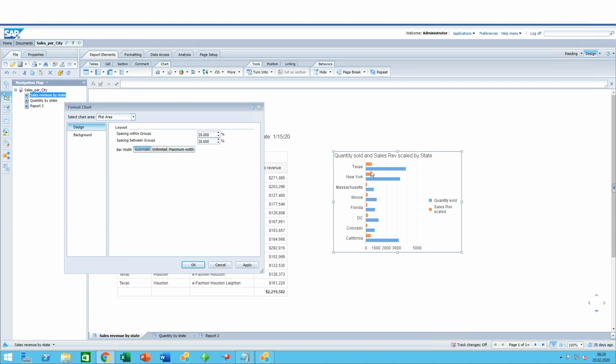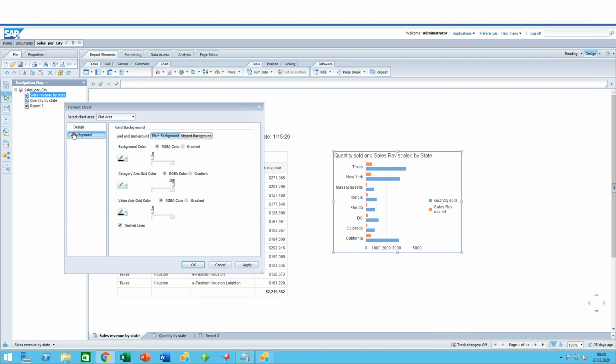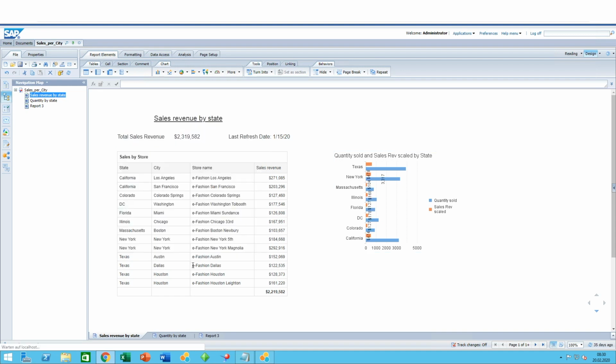And finally, the plot area itself. So you can identify the spacing between different groups, so the spacing between the elements for Texas and New York, for example, and within the group. You can specify the spacing between the orange and the blue bars, for example. And finally, the background itself. There you go. So as you can see, a lot of formatting options, which give you the opportunity to create and stylize your